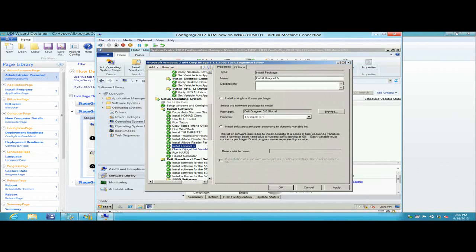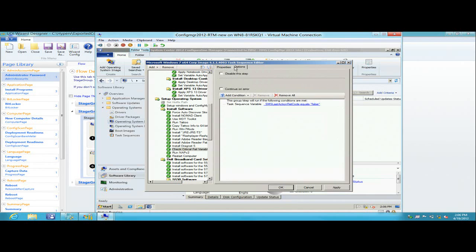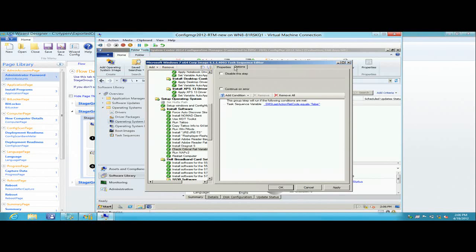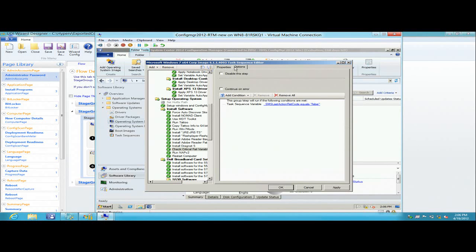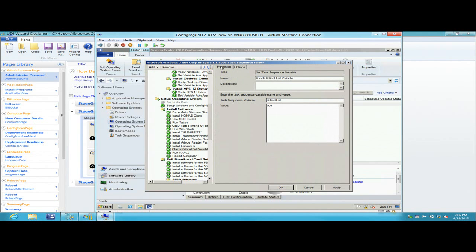The next step is just going to do a check of the previous step that we ran, and this is a built-in variable to Config Manager. It checks the SMS last action return code, and if it's a failure, then we're going to execute this step, which in essence creates a task sequence variable called critical fail. Then it's going to continue on with the task sequence. But as I get down here towards the end,